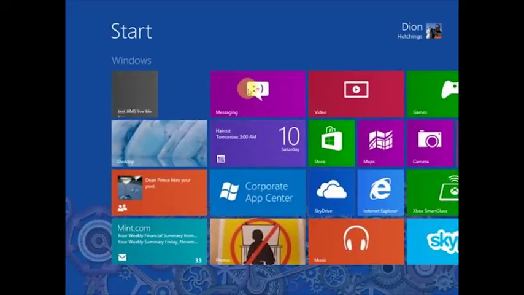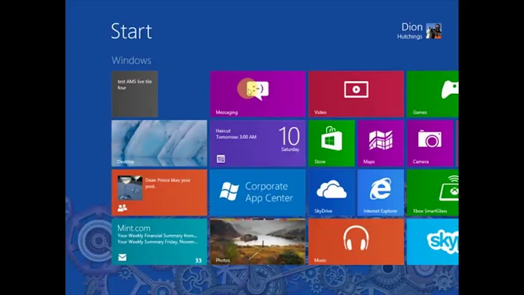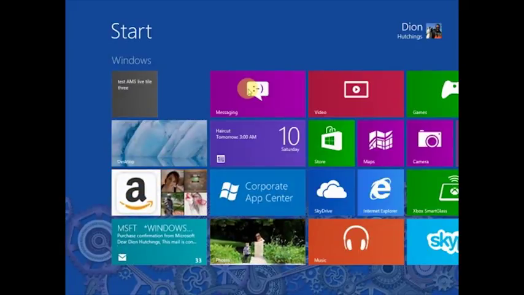So now if we go back to our application, there's tile 5, 4, 3. Now what it's doing is cycling through the tile notifications that we added to the application,